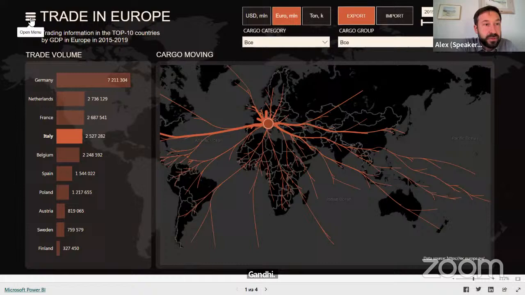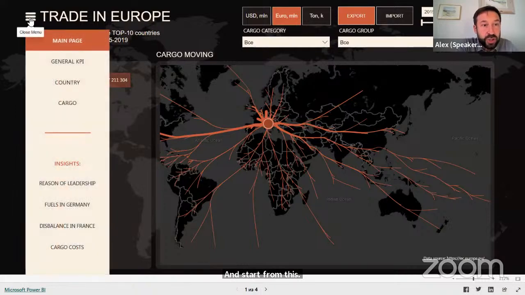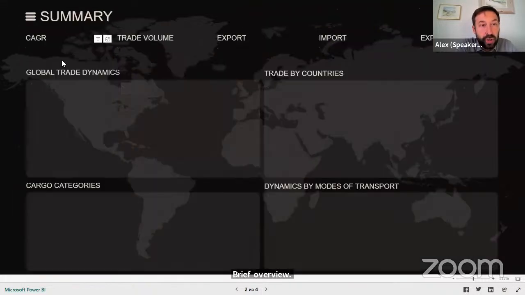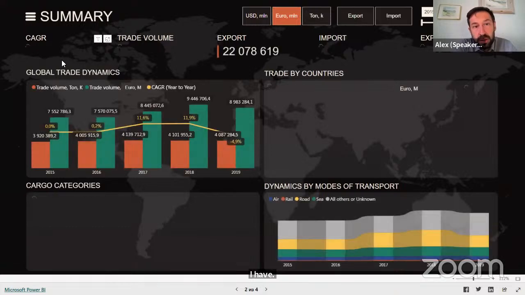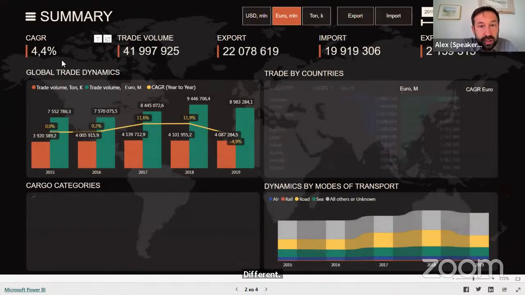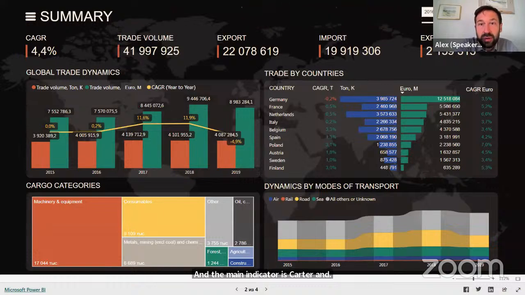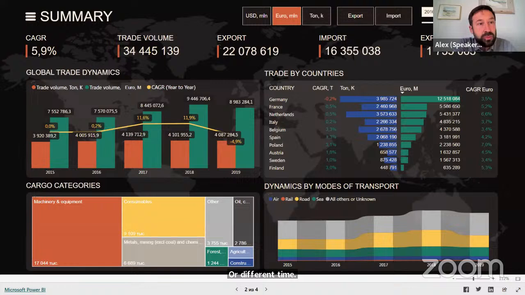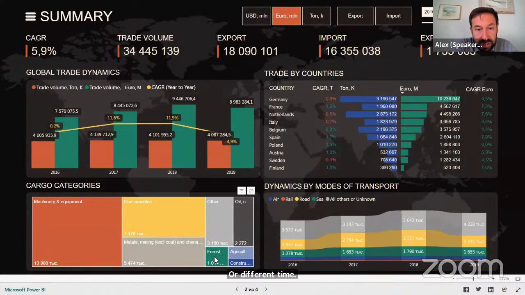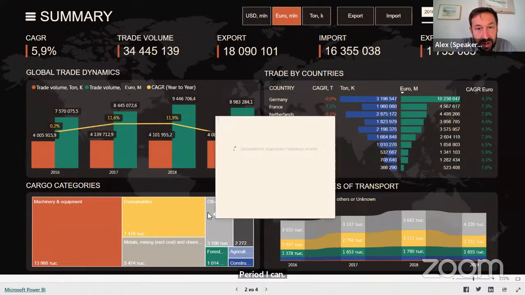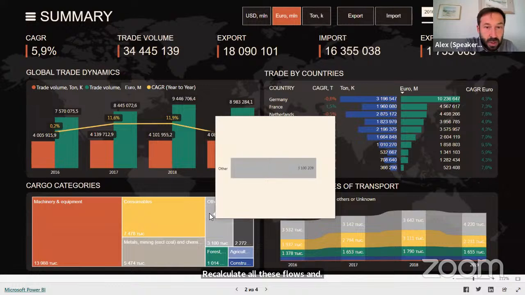I can select any country and start from this brief overview. I have several pages, and can go deeper and explore all these flows between countries. The main indicator is CAGR, and for different time periods, I can recalculate all these flows and find the details of each.